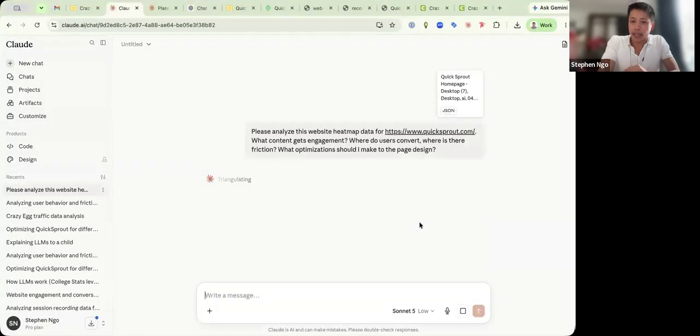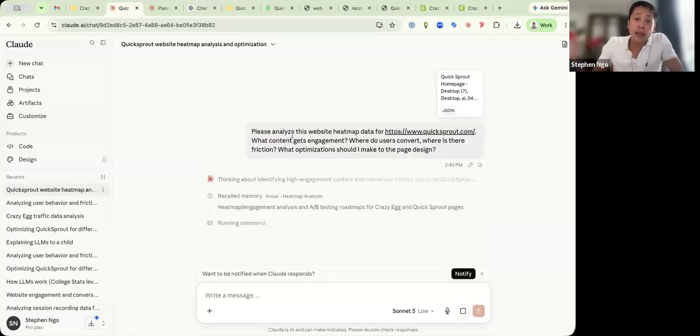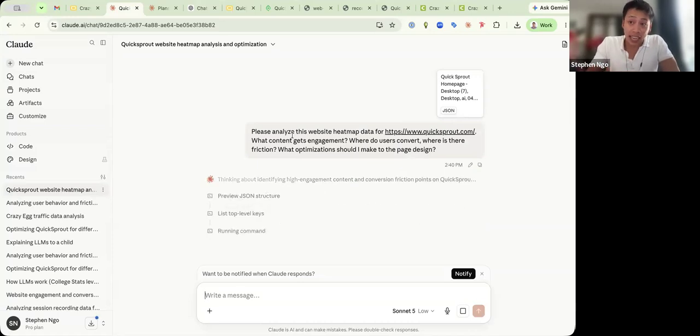And I'm going to ask this heat map. Okay, AI wrapper, please analyze this website heat map data. What content gets engagement? What do users convert? Where's the friction? And what optimizations to make to the page design? You'll notice here that I'm not leading it to tell me exactly what I want to hear. I'm just asking it open-ended questions, but I'm giving it specific kinds of insights and metrics to be